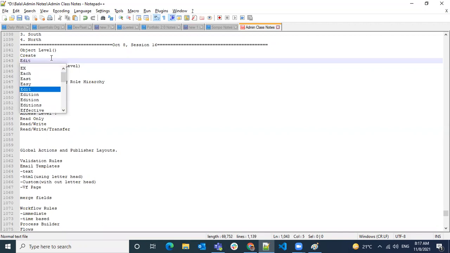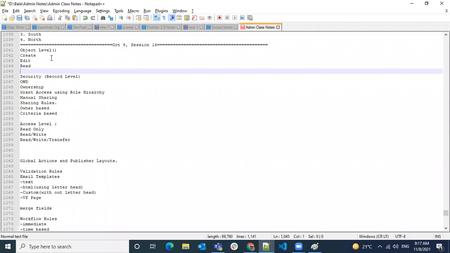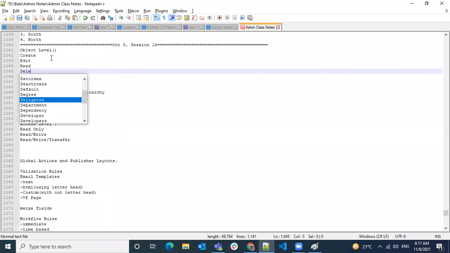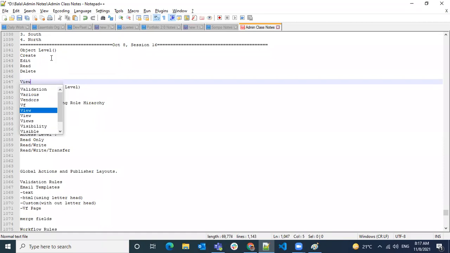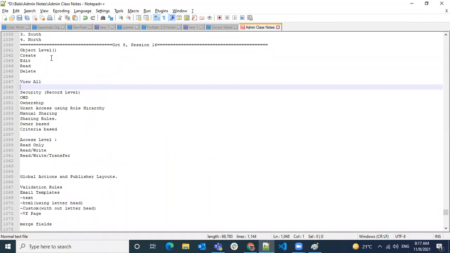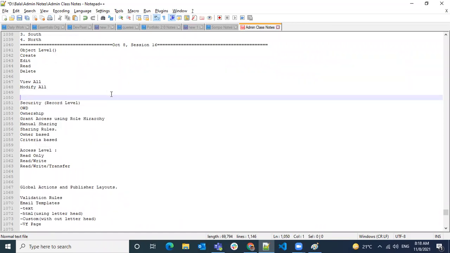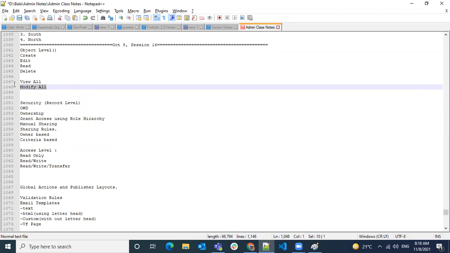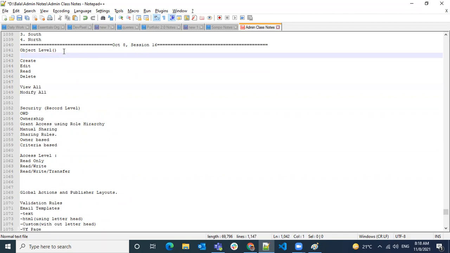And if you already have a record, whether you can edit or not, whether you can read that data or not, whether you can delete or not. And on top of it, we have view all and modify all permissions. So these two are superior permissions, and the others are basic permissions.